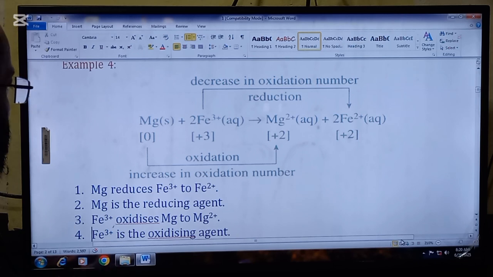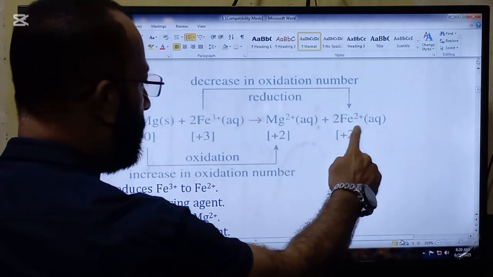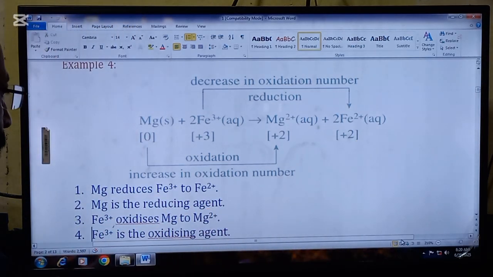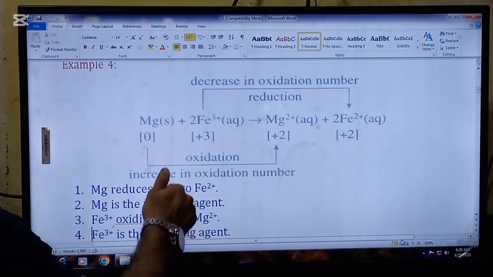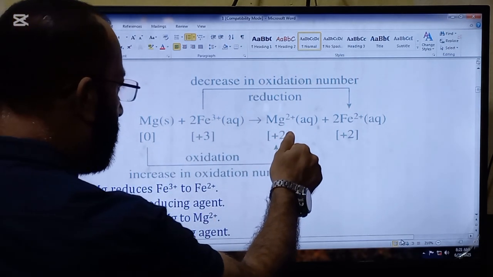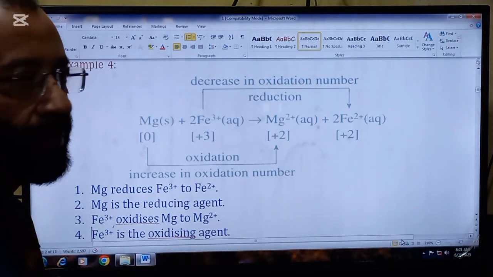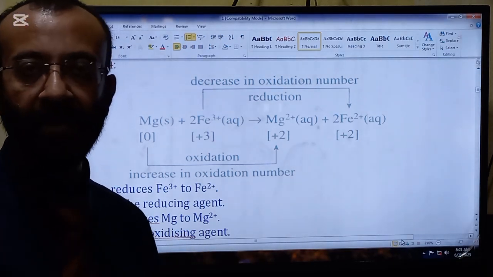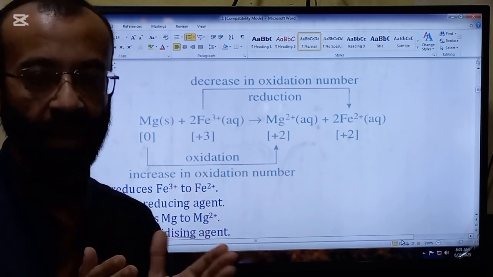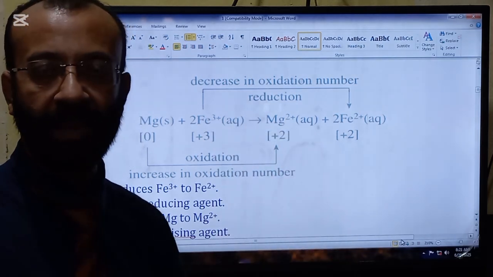So here are the details. Mg reduces Fe3+ to Fe2+, that's why it is a reducing agent. Whereas Fe3+ oxidizes Mg to Mg2+, that's why this is called an oxidizing agent. So these were the examples, students. So first read and understand the concepts of oxidation reaction and reduction reaction, and then these examples will make